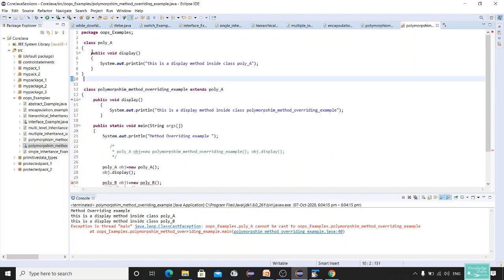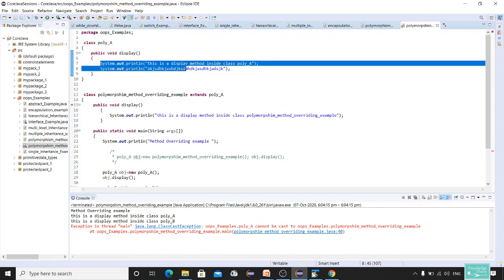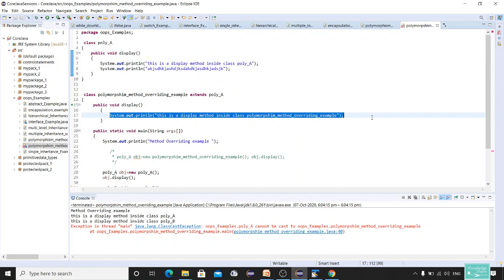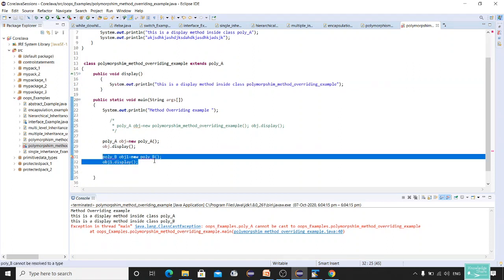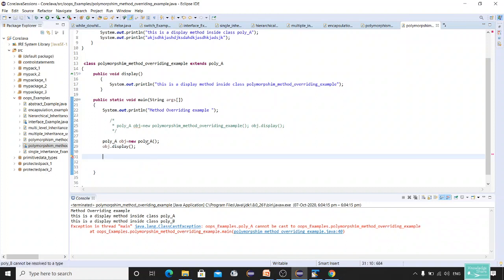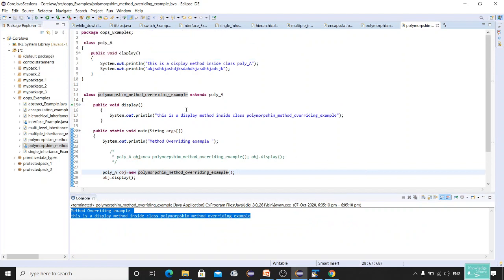So you have the same method with a different functionality. Okay, here I'll put one more statement just for reference. I'll type something here. Okay, so it has two statements. Here it has only one statement. That means a different functionality, but you are trying to call this using a different object. If you put poly A, it will call poly B, but if you put this main method, it will call the main one. Let's see. So that is how overriding is used in Java.